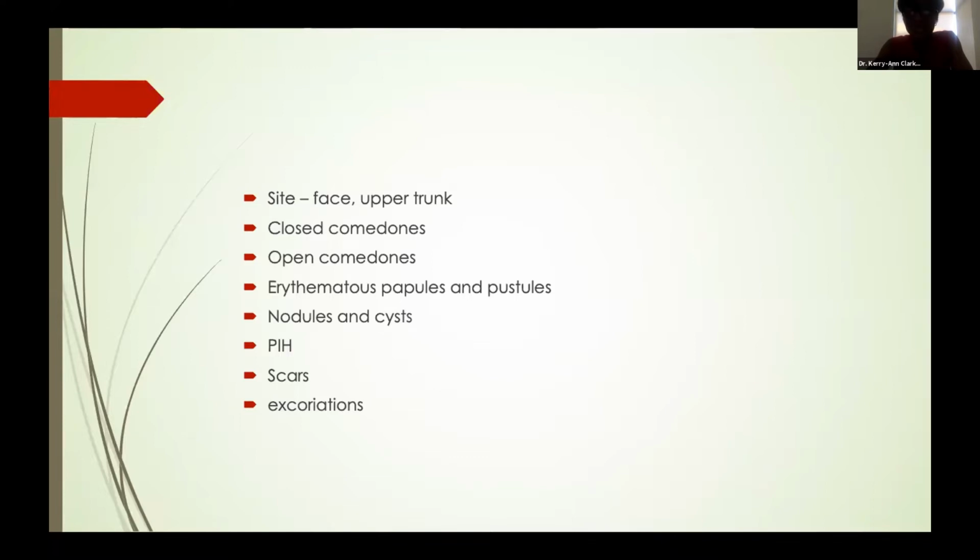The next very important lesions that I want to point out would be your post-inflammatory hyperpigmentation. This is very important because this lesion, along with scarring from the acne, is probably more distressing to the patients than the acne lesions. When they come for the first visit, you're going to have to acknowledge that you are aware of the PIH lesions and the scars, because by the second or third visit, when you have controlled most of the pustules, the papules, and the comedones, if they're still having PIH and scars, they might not be very satisfied.